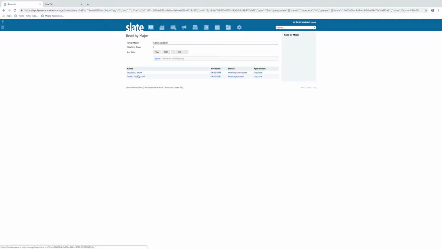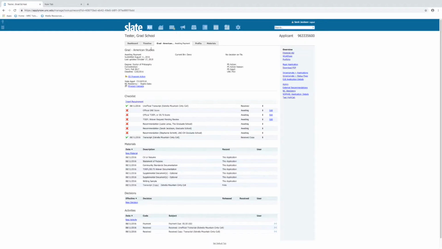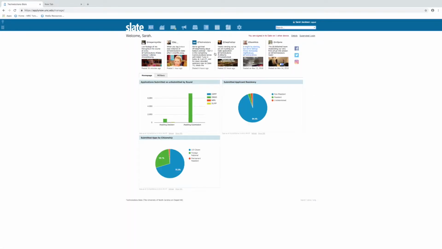And from here, you can choose a record, click on it, and it will be taken to the application. One thing about a few tips for Slate, anytime you want to go back to the Slate main page, just click on this Slate here, and you'll go back to this screen. Another thing